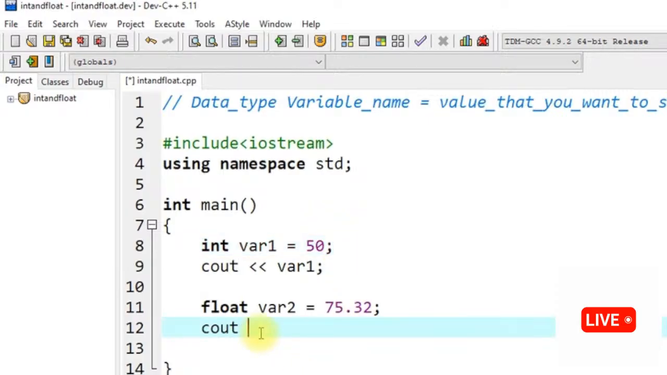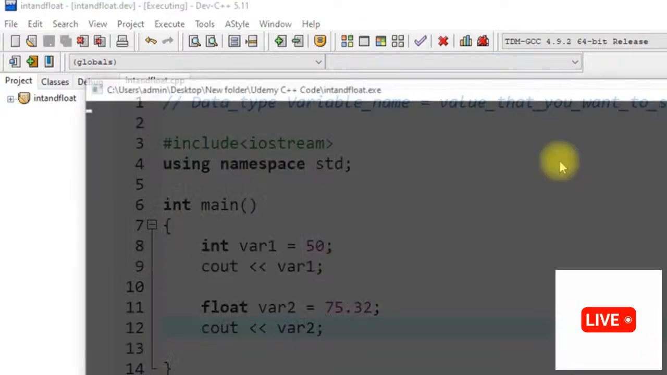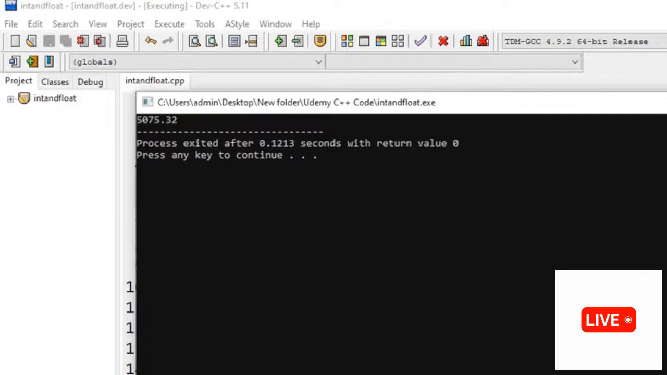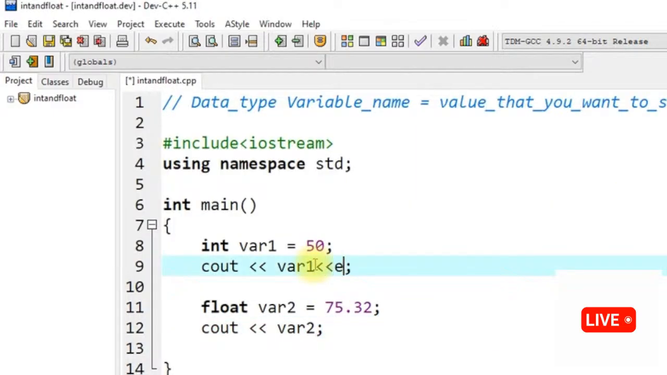Now if I try to print the value for var2, I'll save the code and run this one more time. So okay, what I'll do, I'll just give endl over here, so I'll get the output into